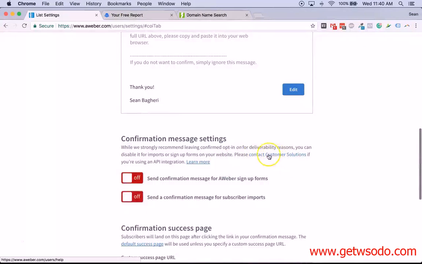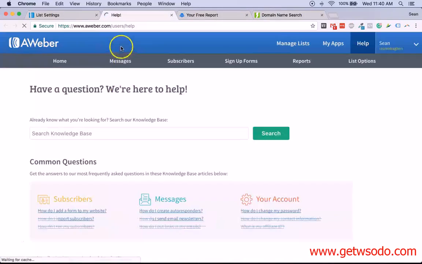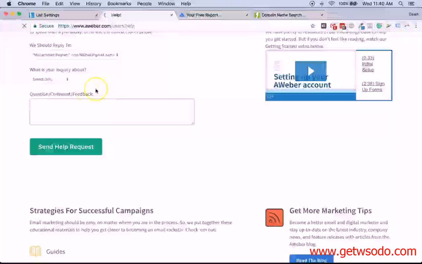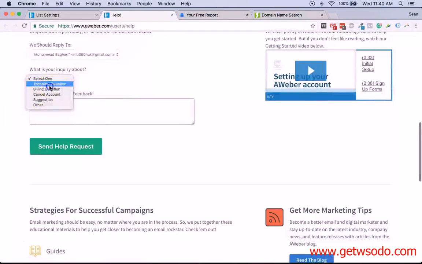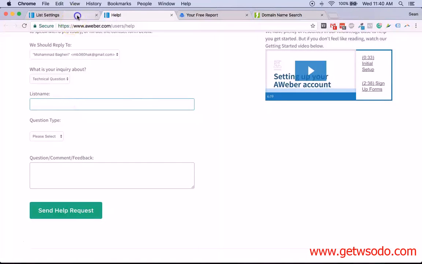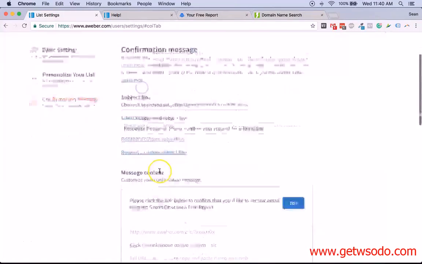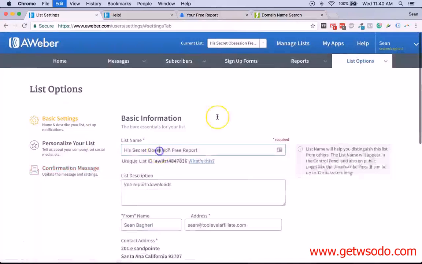So there's a link up here. It says, hey, please contact customer solutions if you're using API. Okay, so you're going to click on this. You're going to go to this page, and on this page you send them a message. It's really simple. You just scroll down here, and we're going to say, hey, this is a technical question, and give it the list name. I'm going to put the list name. Let's go here. Let's copy the list name,